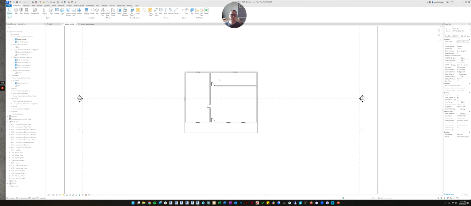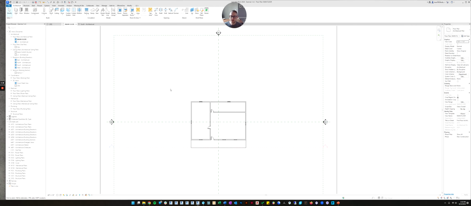The goal for this exercise is going to be able to create new views, because if you remember in the last exercise, we talked about how the template file has already done a good job at trying to create the views you'll need for you. But as a learning tool, that's not a great idea because now you don't know how to create views. So we're going to learn how to create views. We're going to learn how to create sheets. We're going to learn how to place all of the elements onto a sheet and then how to export that sheet into a PDF so that you can give that to clients or contractors.